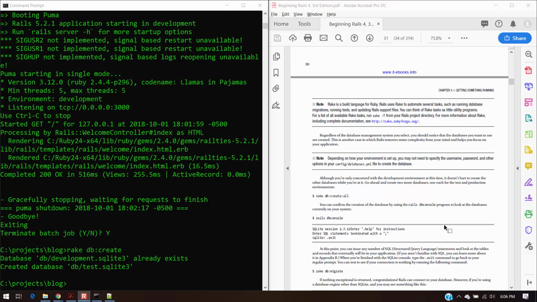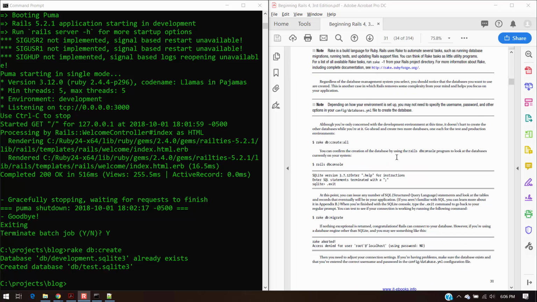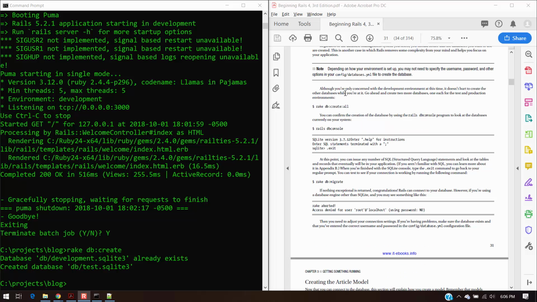All right, I'm moving now to page 31. I'm looking at a couple of commands. Notice what he says here. Although you're concerned with the development environment at this time, it doesn't have to create the other databases while you're at it. So if you wanted to create all of them, I see the little part I highlighted there, and I know people watching online are probably wondering what that says. Well, the command would then be db create all, and then that would go ahead and create